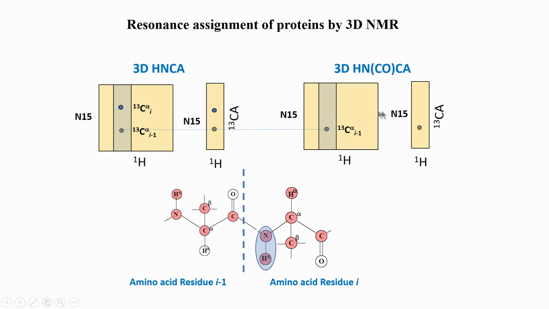So, why do we need these 2 experiments? Because the most important is the HNCA experiment, but in this spectrum, I will not be able to identify which is I and I minus 1. Therefore, to help me do that, I need another experiment, and that gives me the information of which is I and which is I minus 1. So, I need that distinction or discrimination between the 2 peaks to proceed further. For proceeding further, we need to connect now the neighboring amino acids. So, we saw I and I minus 1, now we have to go to I minus 2 or I plus 1 like we did for alanine and glycine.